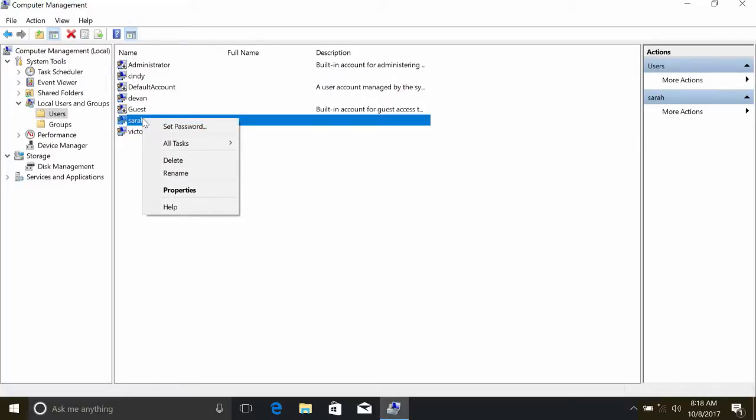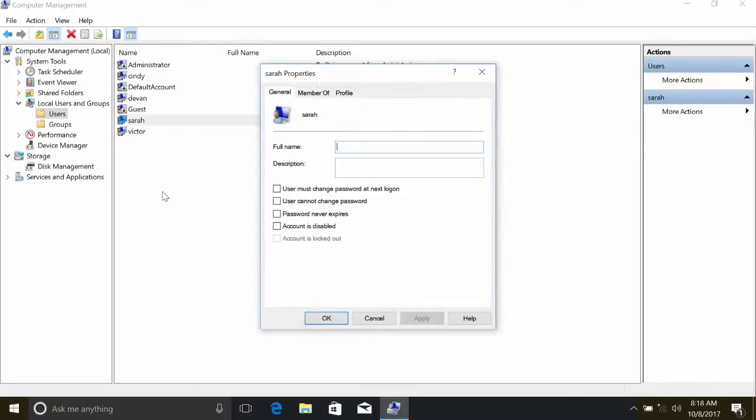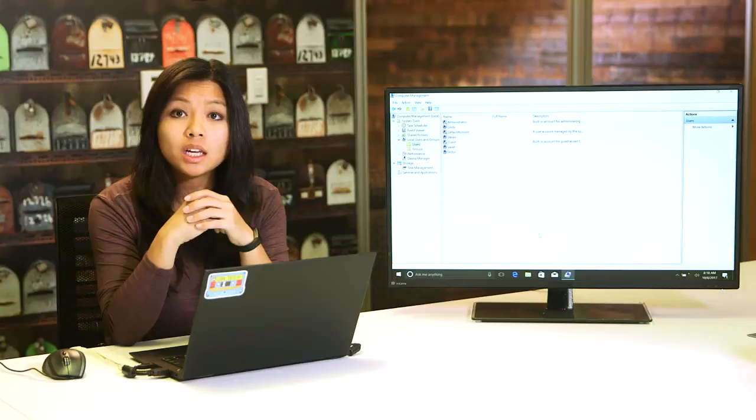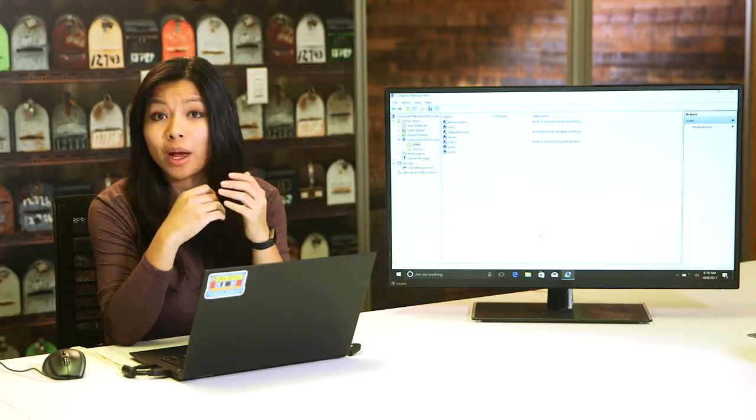Let's click on Properties. And then from here, we're just going to check this box that says User must change password at next logon. And I'm going to apply and hit OK. Then, when the user logs into the account, they'll be forced to change their password.